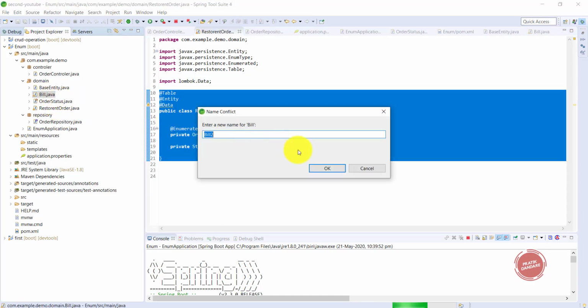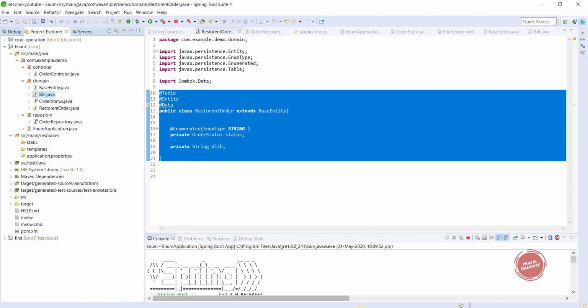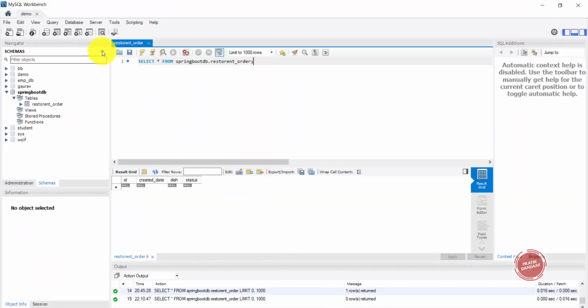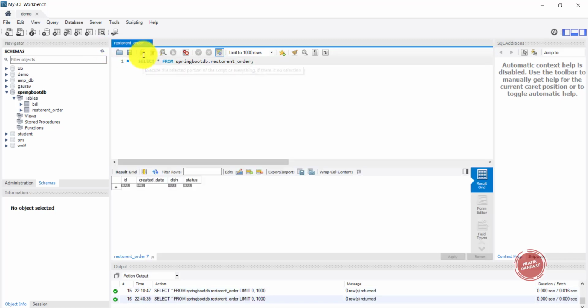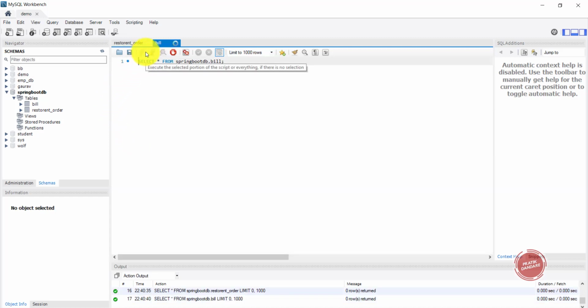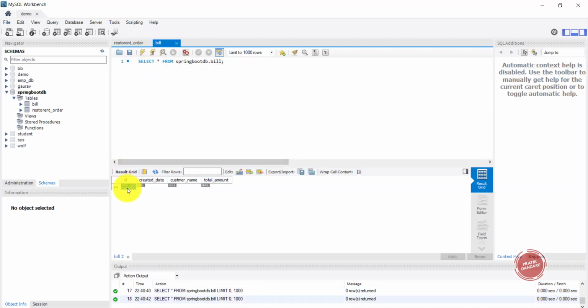If you check the database, you get the restaurant order class which has ID and created date, and bill also has ID and created date. So that's how it works with map superclass. Thanks for watching.